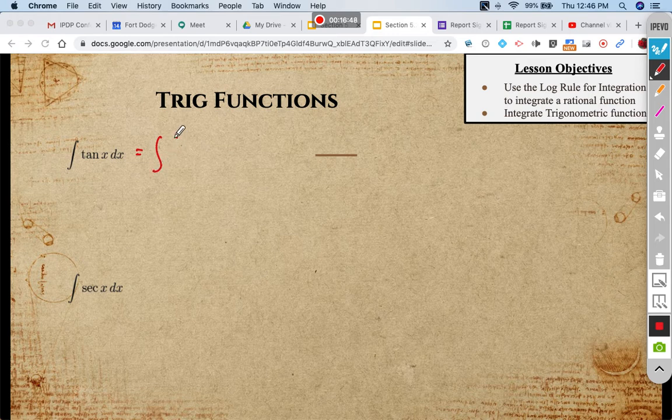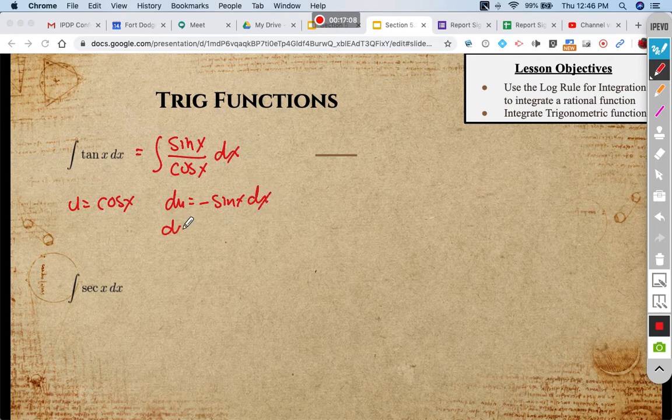Because tangent, if we rewrite this as sine over cosine, and then you say, well, if u equals the cosine of x, du equals the opposite of the sine of x dx,